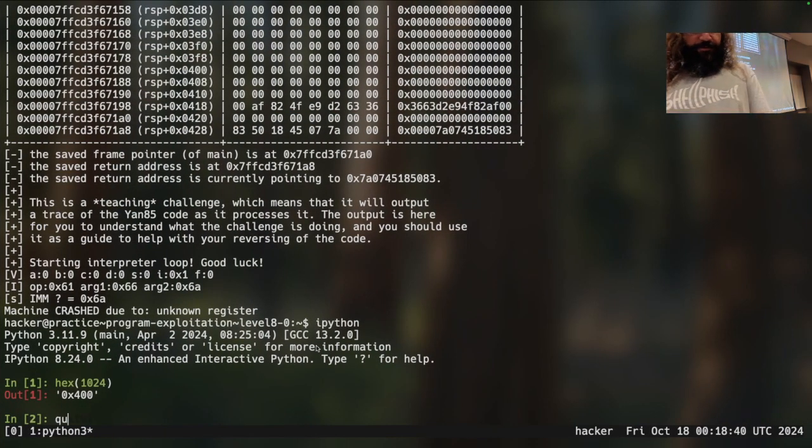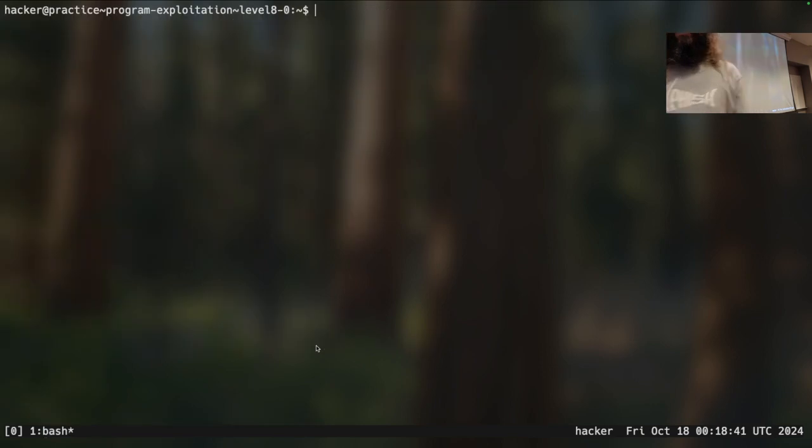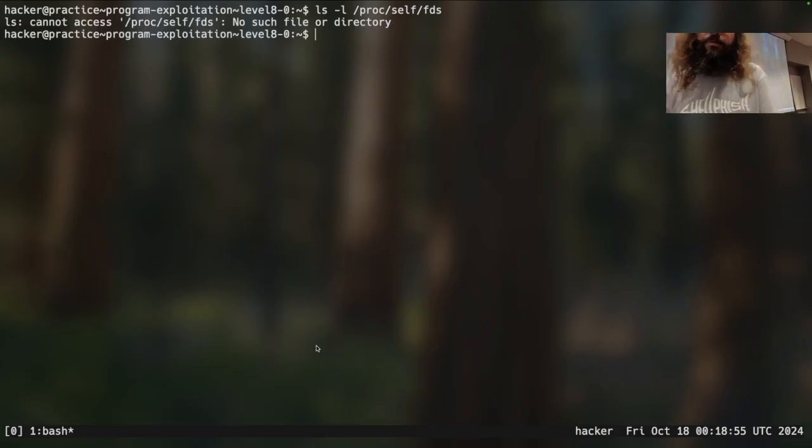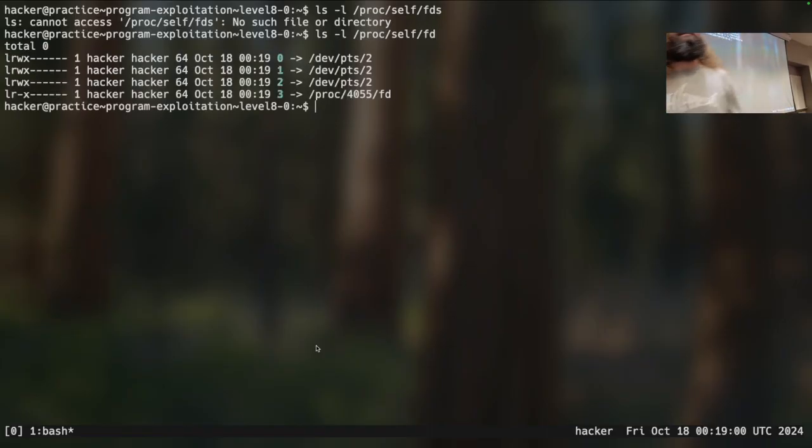Someone hit me with a question about file descriptors, I don't know if it was this challenge or not. If I ls -l /proc/self/fd, this gives me a listing of open file descriptors in the current running process, right?